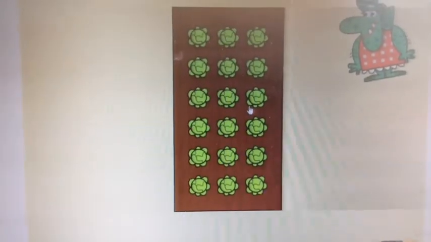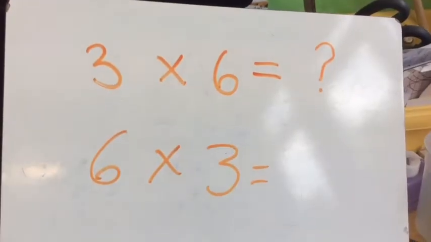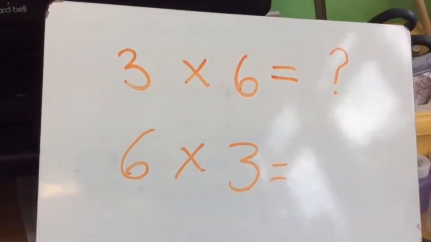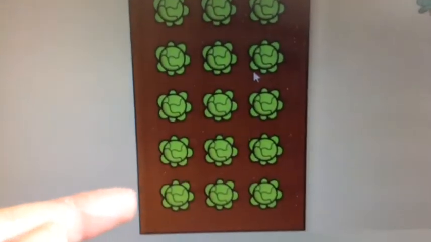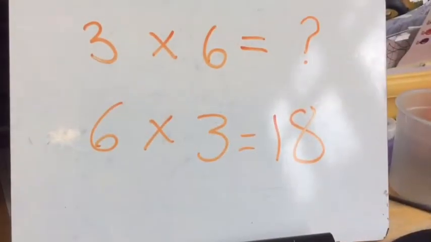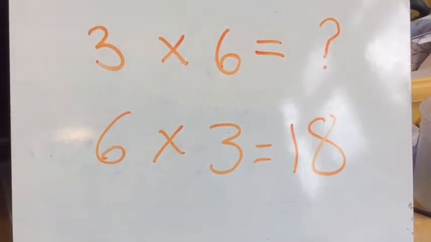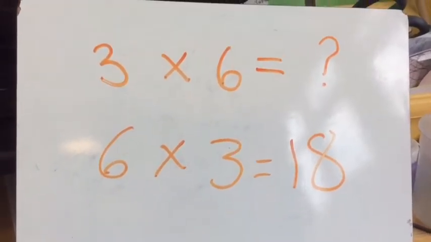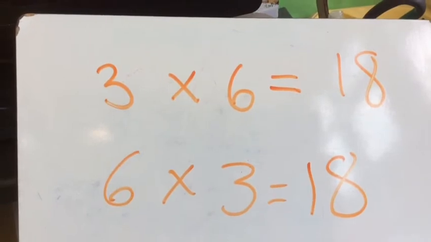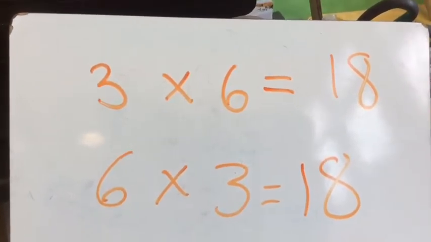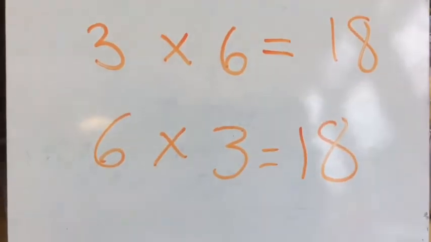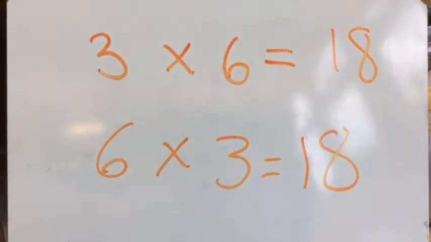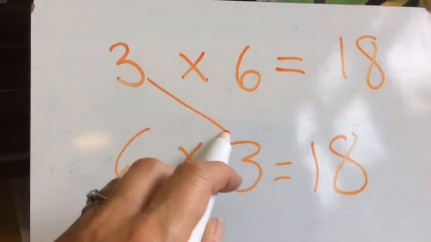What can you see now? It's 6 sets of 3, isn't it? Which I find much easier to count. 3, 6, 9, 12, 15, 18. So if 6 3s are 18, what are 3 6s? That must be 18 as well, mustn't it? See how it comes in handy? You just choose the times table that you're better at counting in to work out the sum. You'll get the same answer, because it's really